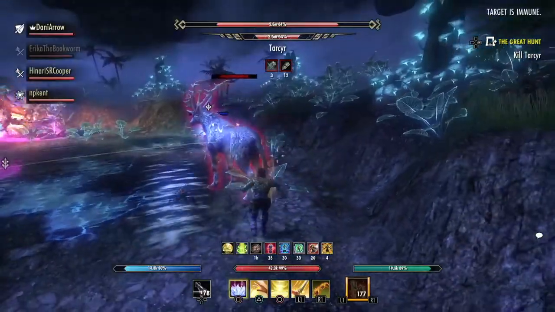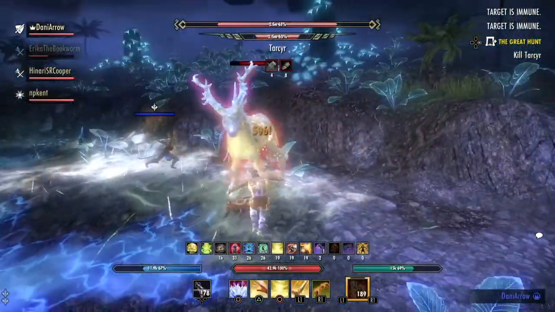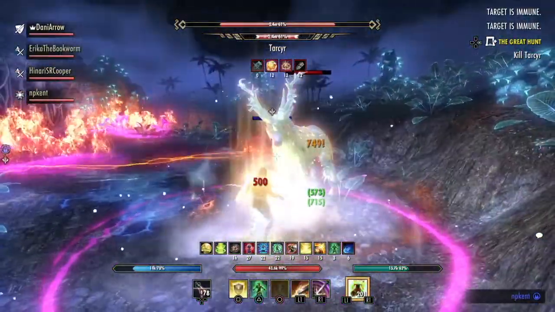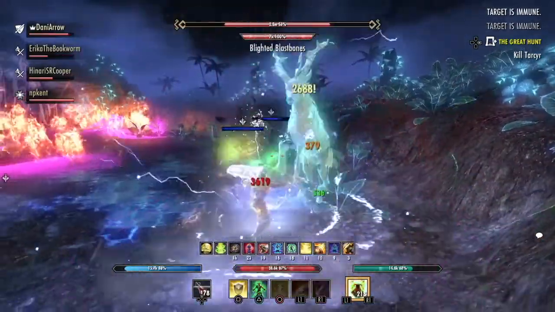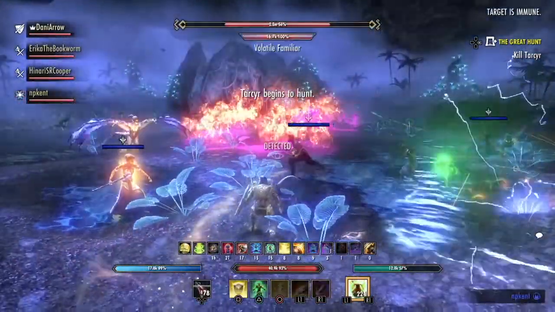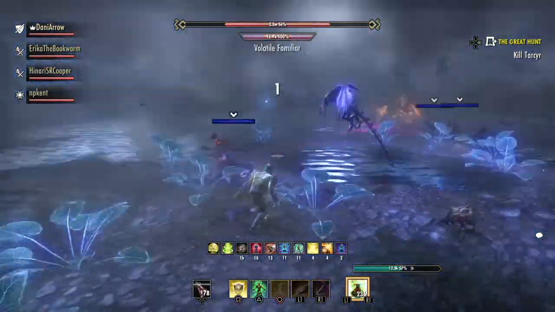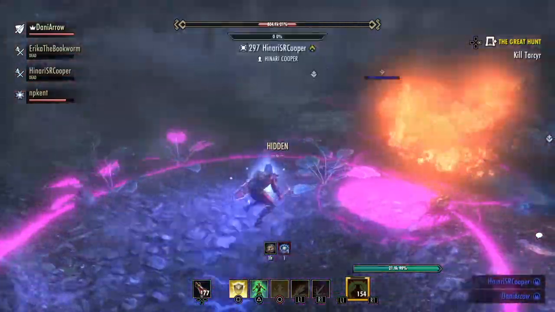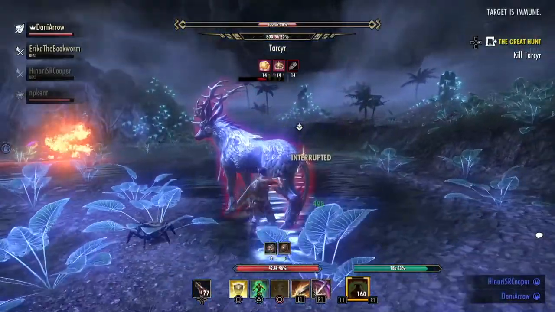Alright, interrupting the boss, putting the blockade down, ritual down. Decided to roll dodge that one. Popping vigor, my shield, the rune. The whole arsenal pretty much. And then for the last one,